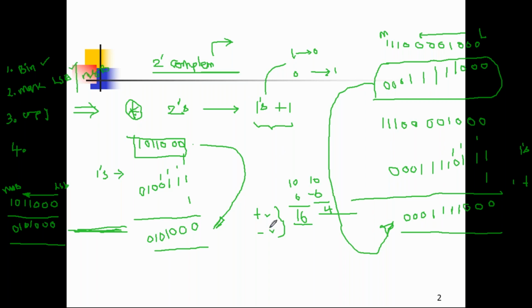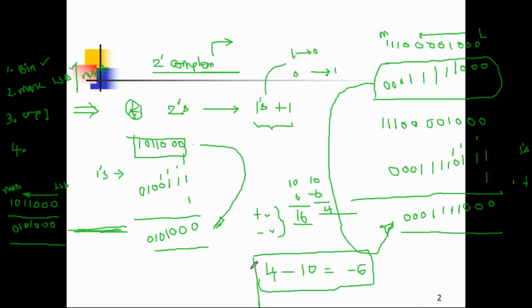In certain situations, particularly with signed numbers, that means positive and negative numbers, the subtraction may be like this: 4 minus 10. In the decimal number system, it is very simple. 4 minus 10 is minus 6. The larger value's sign will be the sign of the result. It is very simple in the decimal number system, but in the binary number system, it is very difficult to do these calculations.